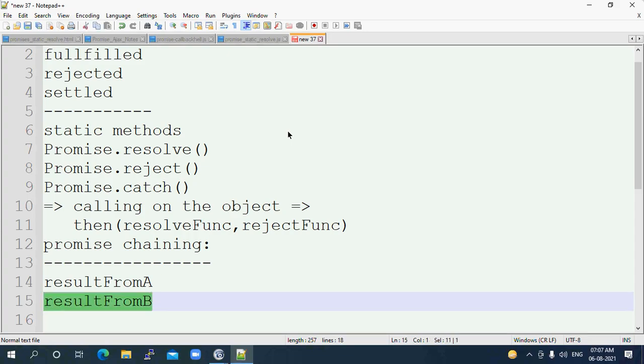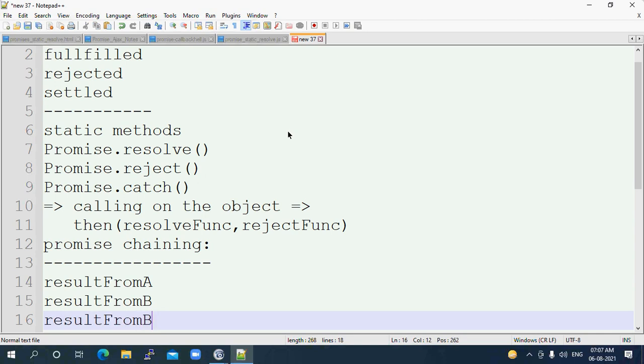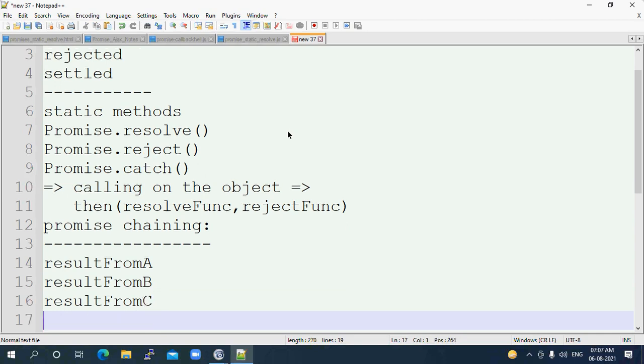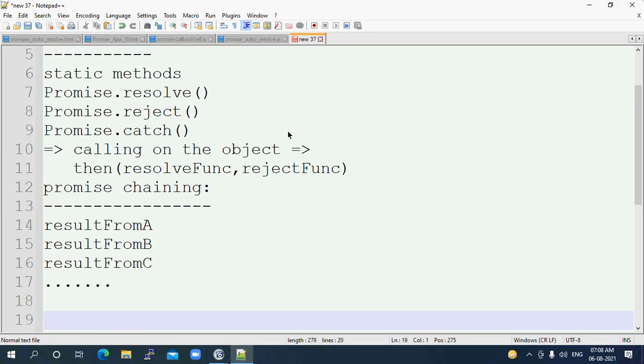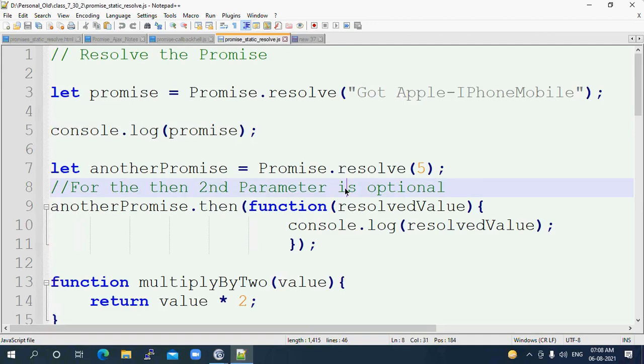In the same way, the result from C depends on the result from B. So like this, the flow will go. Whenever we call any promise, internally it finally returns a promise back only. Whenever we call Promise.resolve, it returns us some promise object only, right? Okay. So now,